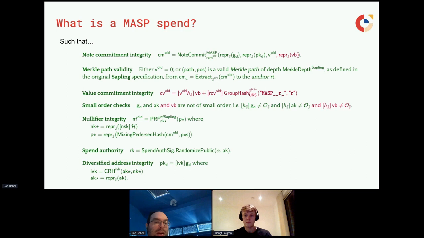elliptic curve point in our commitment, we still use a fixed elliptic curve point to multiply our randomness by, because the randomness does not depend on the asset's type. We can just use a single elliptic curve point, which we get from this group hash for our randomness base. But the asset generator, the value base in the Pedersen commitment, now comes from our private input and comes from our note commitment. And so as long as our private input matches what was committed to in the note, and we use that asset generator in our value commitment computation,